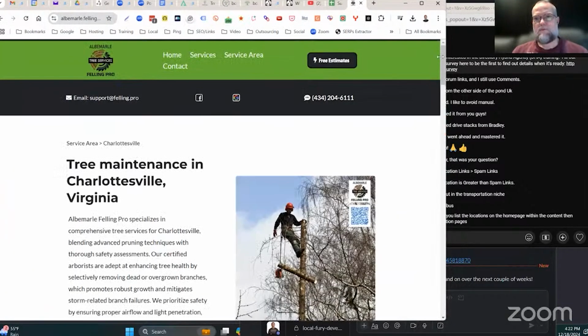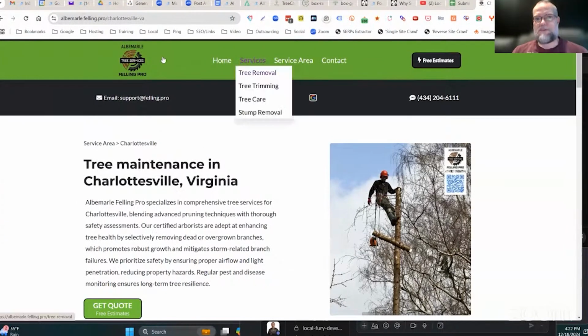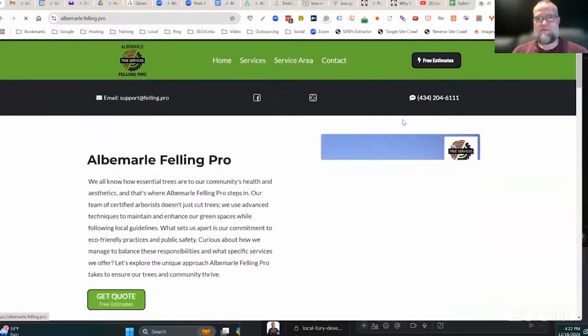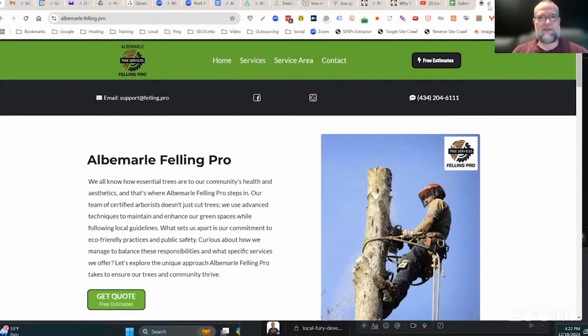All right, so I'm going to widen this up a little bit. So the services here, tree service is the home page. If you understand, that's what the home page is optimized for, tree service, which is the service category in this case, because it's a single service category business.